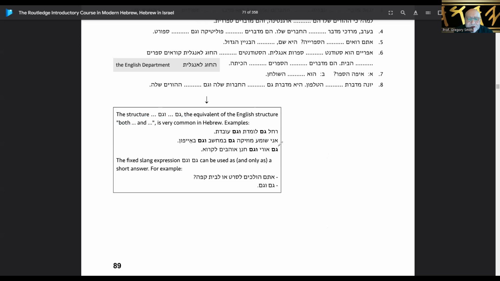Let's see here. Ani shomea, I am listening. Musica, I'm listening. There should be a lamed in there. I'm listening le musica, lamed. La musica, also gum. B'machashev. Let's see, what's that? B'machashev. Yeah, on the computer, that's right. B'machashev, that's the computer, on the computer. And also on the computer, the gum,